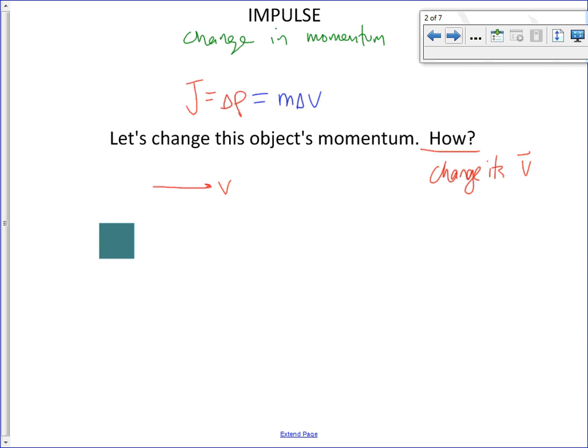Well, how do we do that? So this thing's moving along at a certain velocity like this. How do we change its velocity? Well, here's one way. We could push on it. Apply some net force, let's say that way. All right, so apply a net force. And let's see. So actually, this mv, there's something about force and m and delta v that sort of, well,